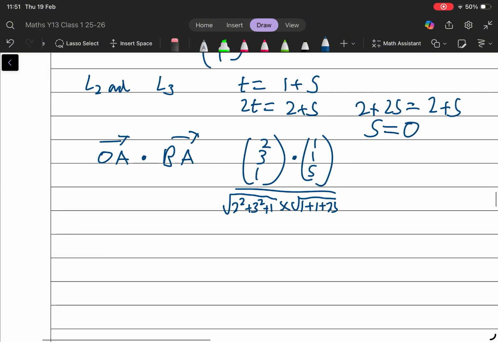So we're going to get 2 plus 3 plus 5 over